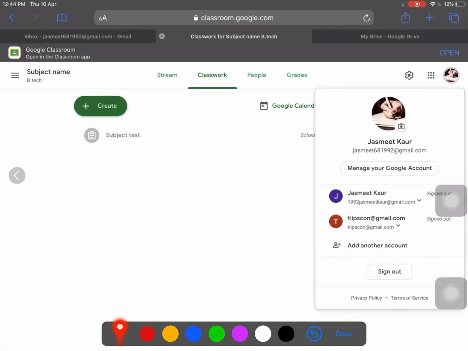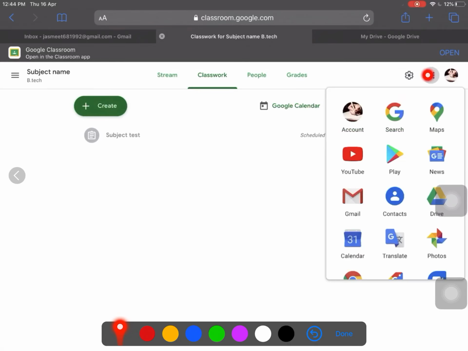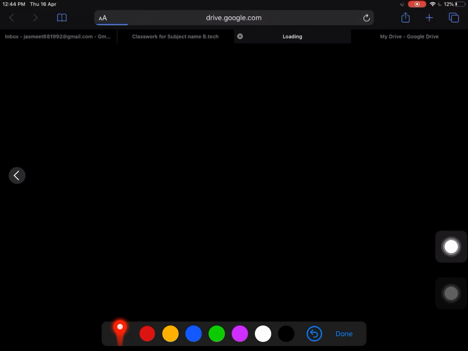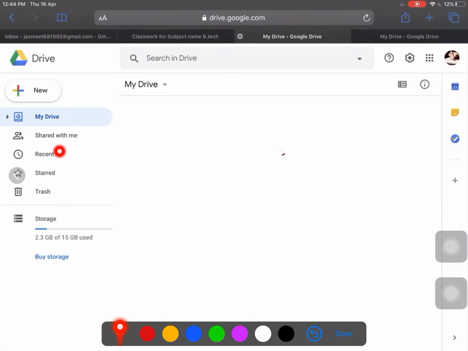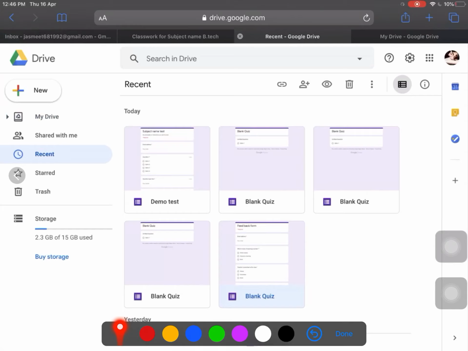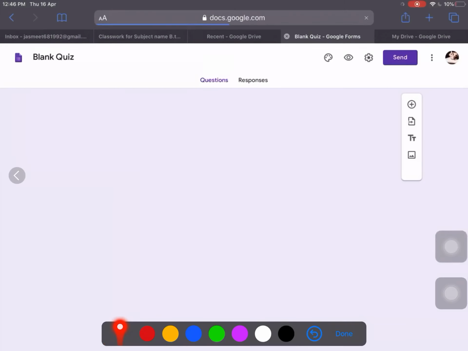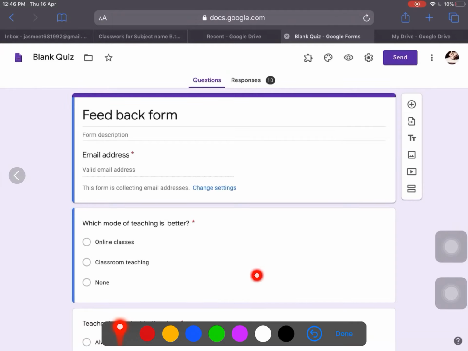After this, when the test is already taken and now you have to evaluate the test, go on to Google Drive, select recent files. In that you will see the exam you have taken. For example, I have taken this feedback form from the students. I have selected that form,